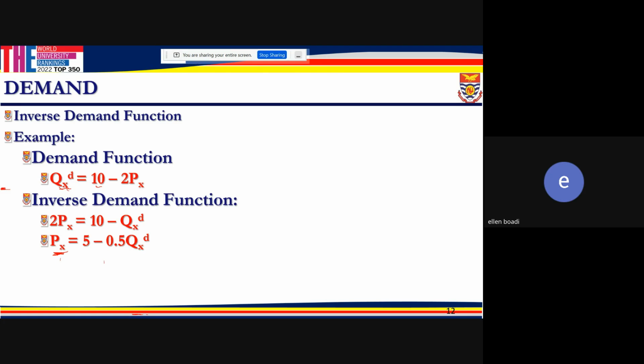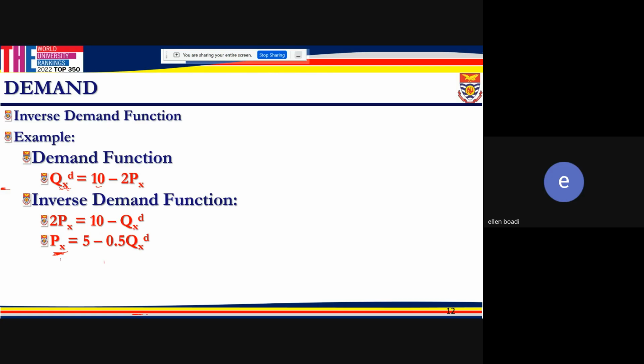Inverse demand curve. If, for example, you see anywhere that someone has stated the demand function, a typical demand function would have the quantity demanded on the left hand side, and then your autonomous demand and the derived demand expressed on the right hand side. But there's the case where you find price on the left hand side. We call this the inverse demand function,